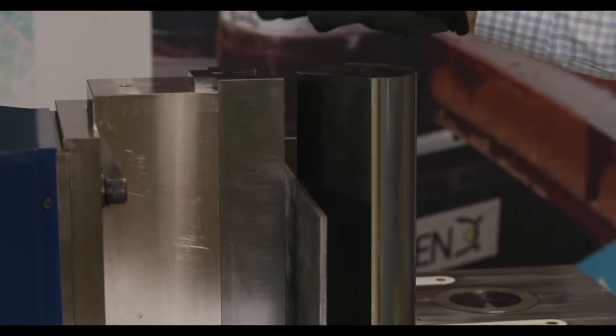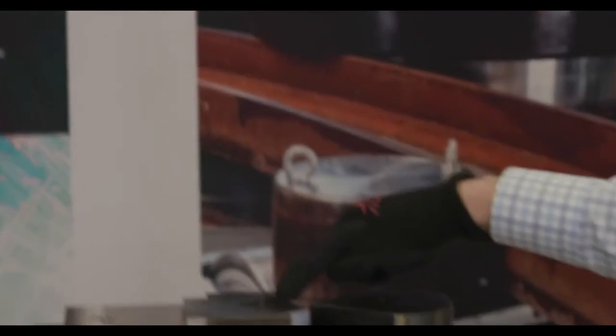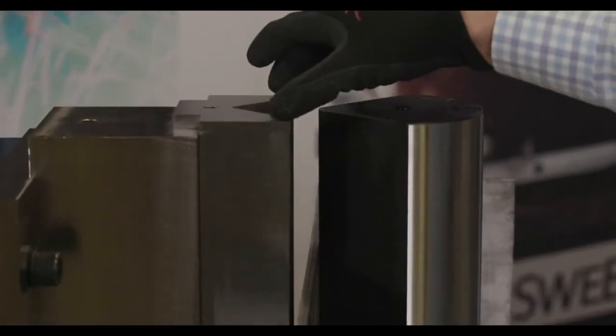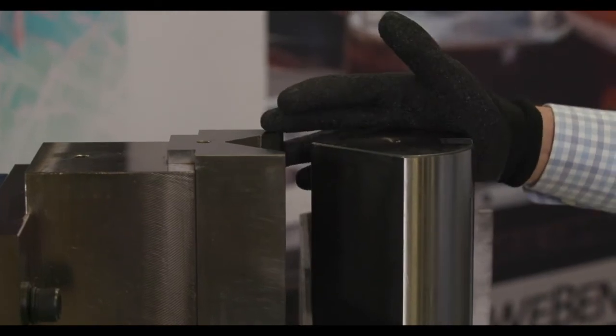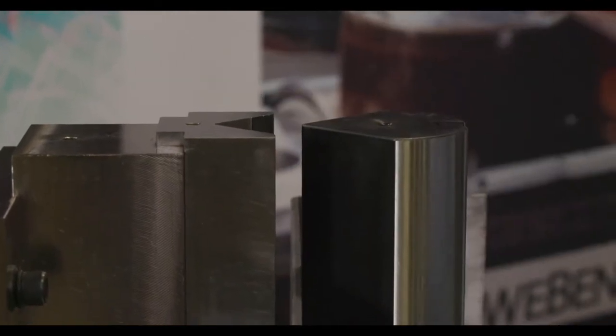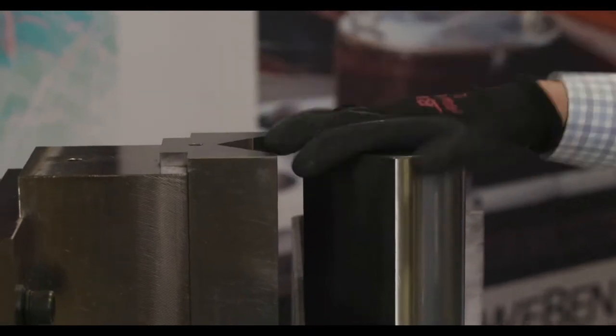So you'll see that we have a single V die in here right now. This is a 3-inch opening single V die. We have a wide variety of single V dies that are available. This is 3 inches, but we do go out to 6-inch single V. This is all quick change tooling. The die slides out, and then our punch here is